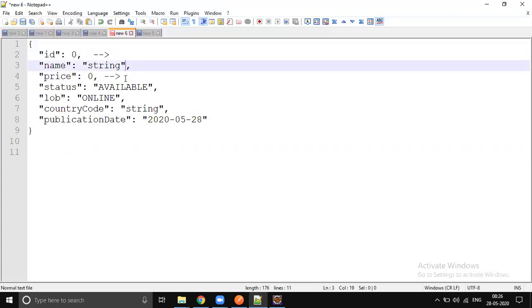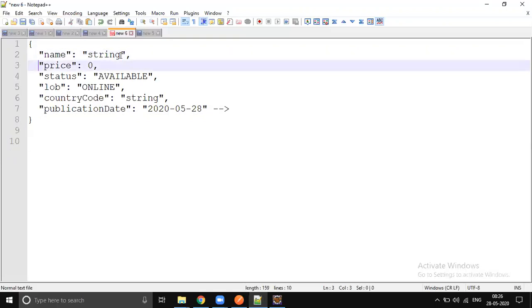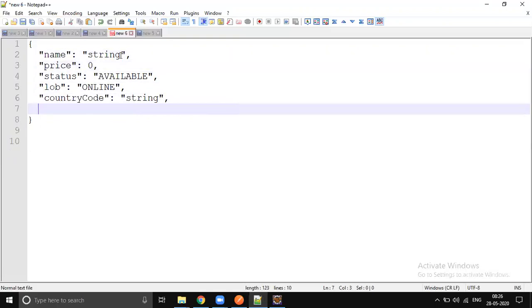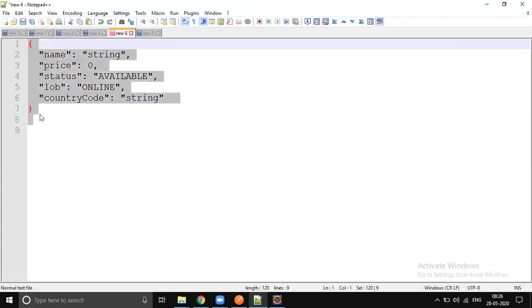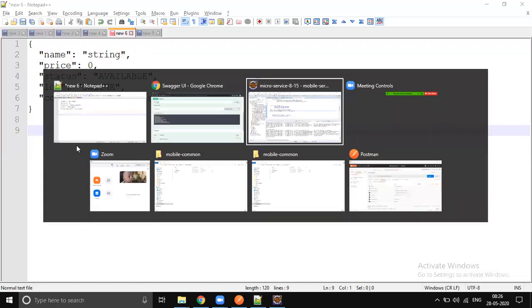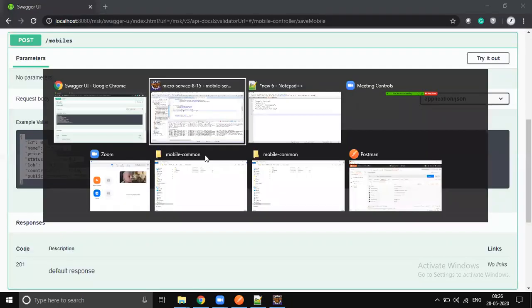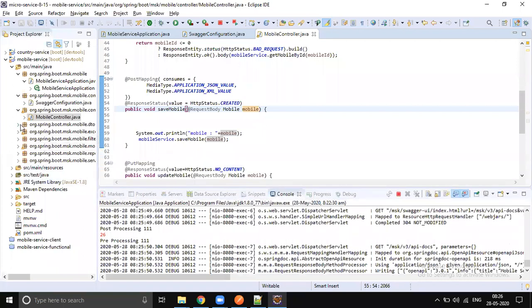And publication date we have to set the type. So let the price be 0 or whatever it is. If they send 0, we need to give the error message. But anyway, this ID and publication date are not supposed to be in our request, right? So the kind of mistake we are doing, we are trying to expose the class which is actually connecting to the database, right?